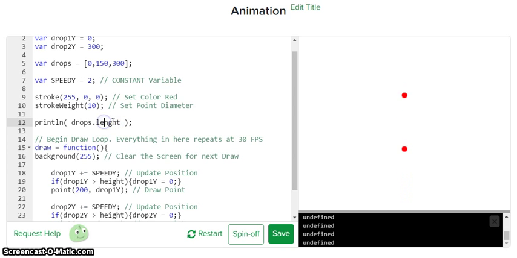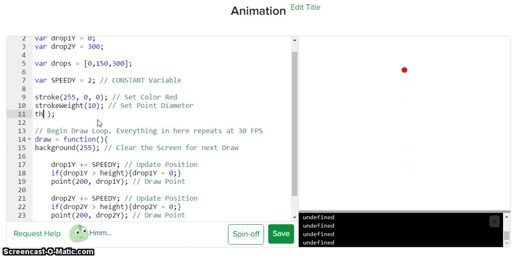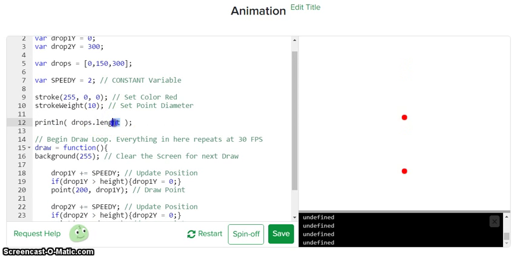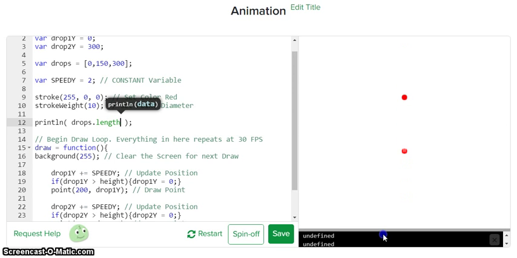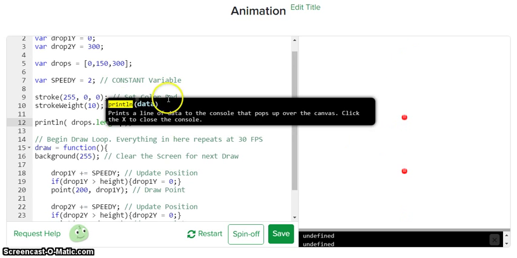L-E-N-G-T-H. Length. Whoops, T-H, not H-T. There, the length is 3, right? So that I know how many drops I have in my array currently. 1, 2, 3. Okay, so now let's use that data inside our drops array, and we can create multiple